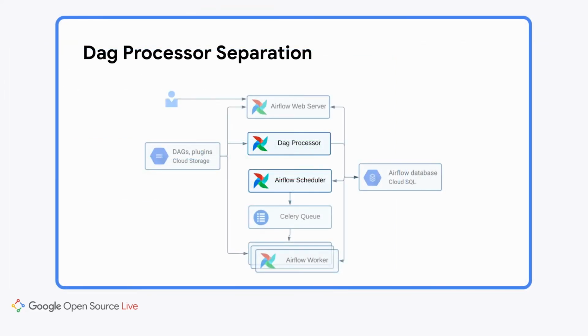So in Airflow 2.3, we can run an independent DAG processor. As a side effect, the scheduler job, named Airflow scheduler in this picture, no longer needs to sync DAGs from the bucket, as it no longer operates on any user code. It means that this process fully meets the definition of a trusted component. Of course, DAG processor separation is an opt-in feature. To use it, you need to configure your Airflow instance. Please see AIP 43 for details.